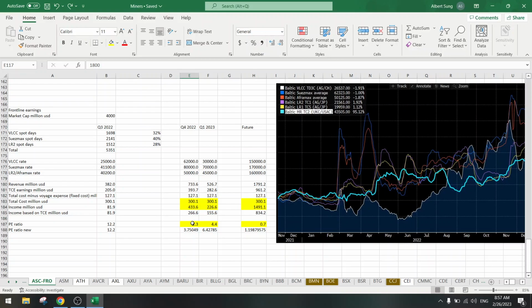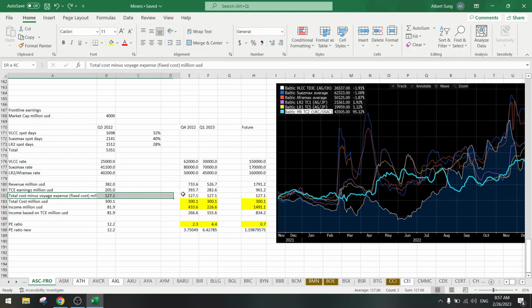So not bad. Still a bull case, but less. Okay, so the PE ratio has gone up a bit when I use this new calculation based on TCEs